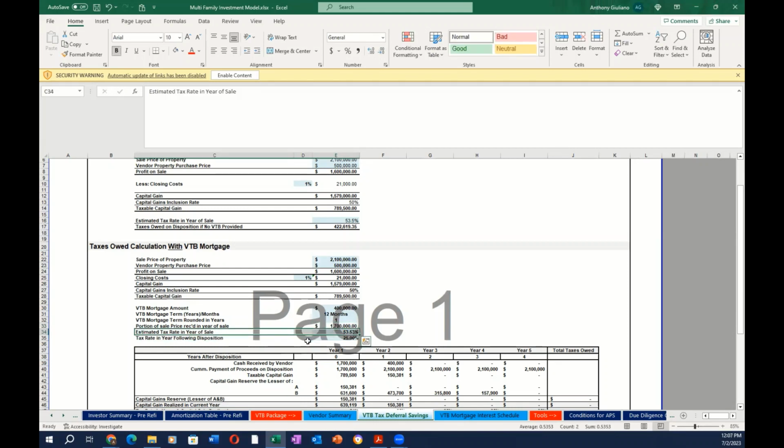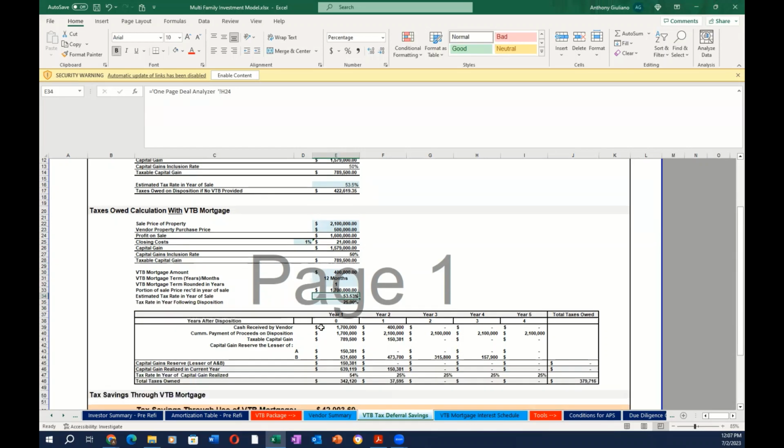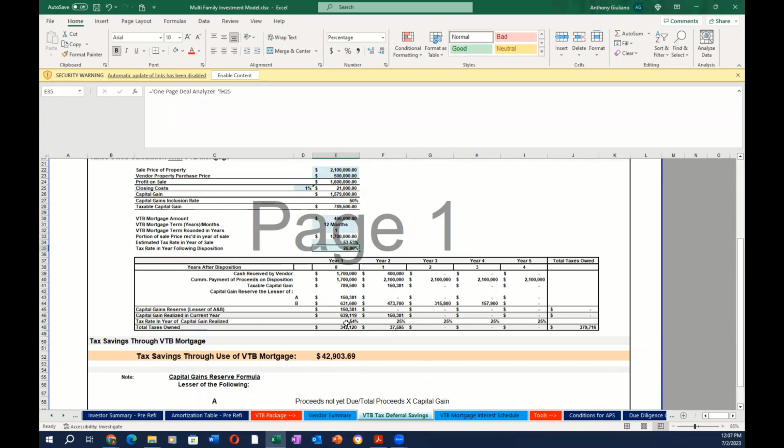And then, we're assuming in the year of sale, because they're at the top marginal tax rate, their rate is about 53%, but in the next year, they'll be taxed at about a 25% tax rate. So now we have this schedule over here that's calculating how the capital gain will be, their tax savings in the event of them granting a vendor take back mortgage. So as you can see, in year one,